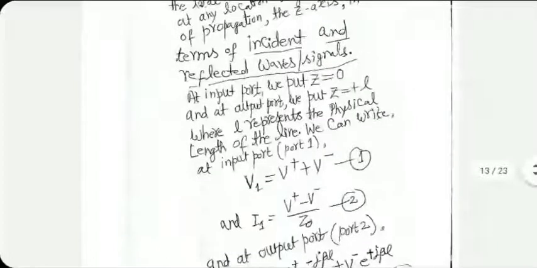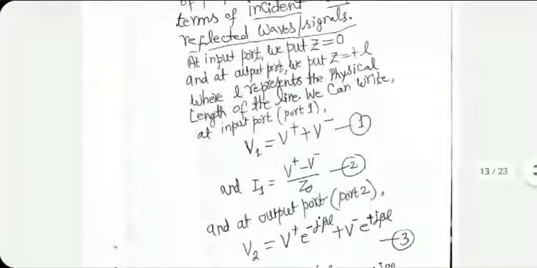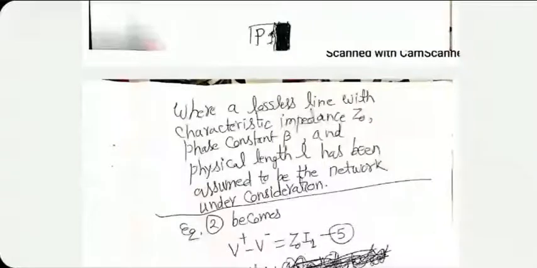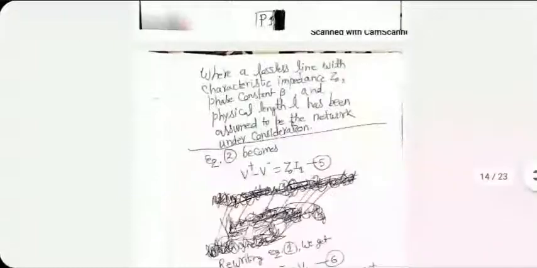We know these two formulas for voltages: total voltage at the input end for any network. I'm assuming, of course, transmission lines here. So in that case, it is V plus plus V minus. I1 is V plus minus V minus upon Z0. We know all this. So let me move forward. V2 similarly can be written by putting small z equal to L in the transmission line formulas. And this entire discussion assumes a lossless line. Although it is possible to generalize it for lossy lines also, let's start with lossless lines.